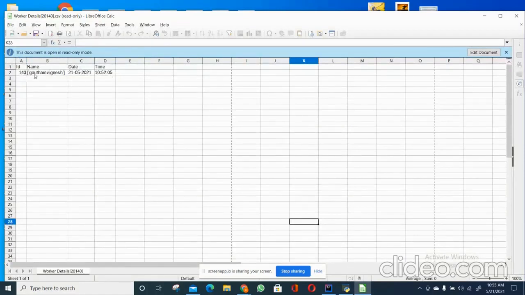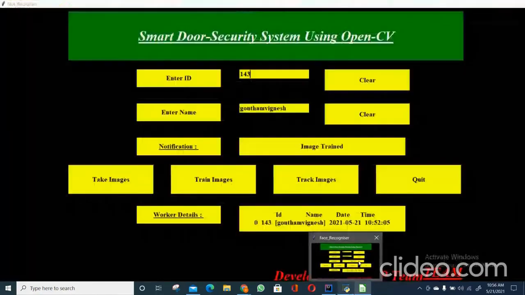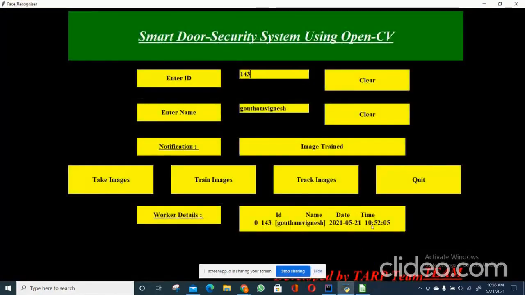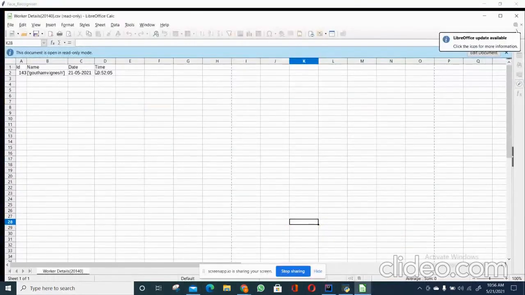We can see the ID, name, and the date and time they entered. We can see the time, 10:52:05, 10 hours 52 minutes 05 seconds. We can see in that mail also it shows the same time.